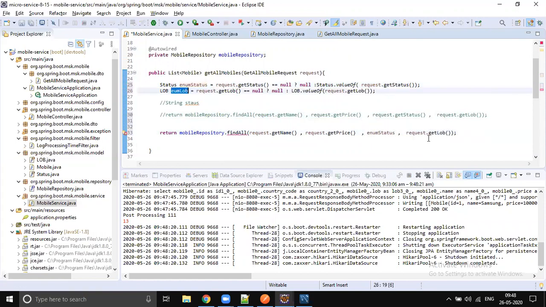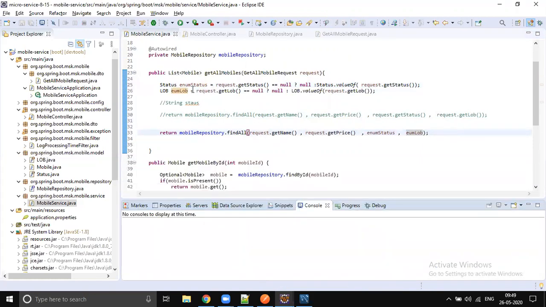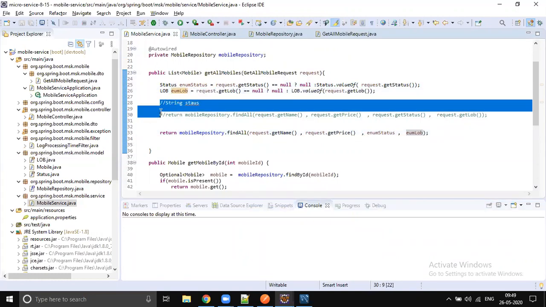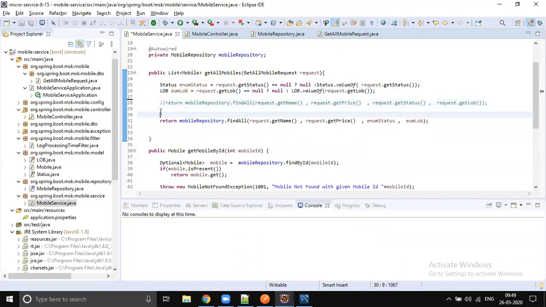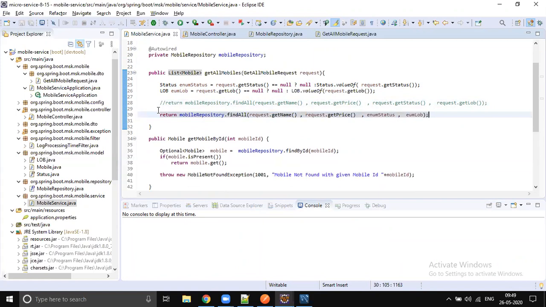Be very careful with this. If you use named parameters, then send enum types and date types properly. If you use placeholders, then you must send string type. So that is the difference. Be very careful with this.